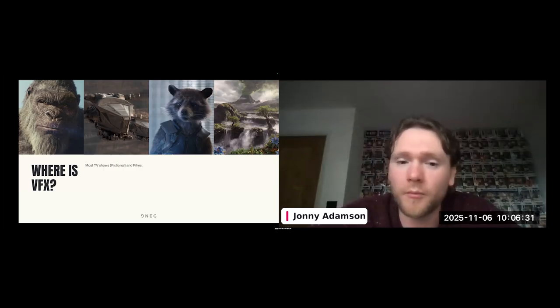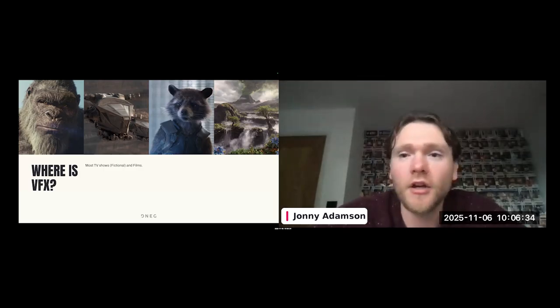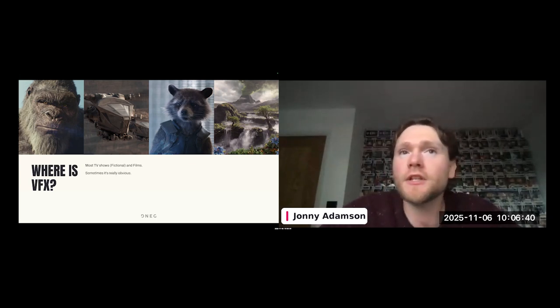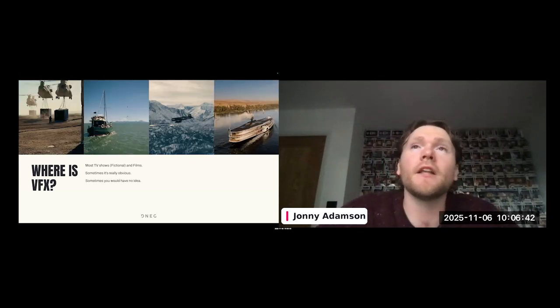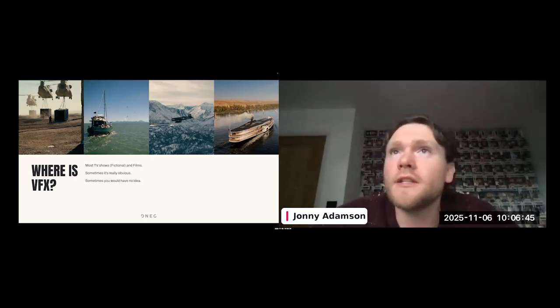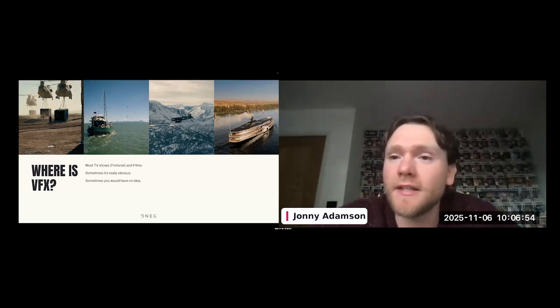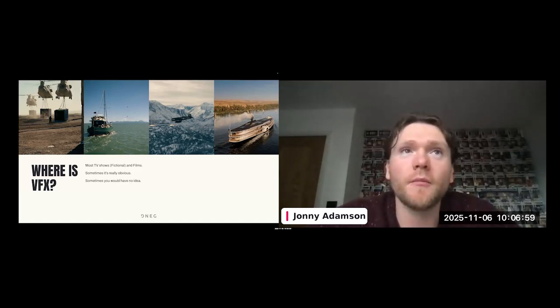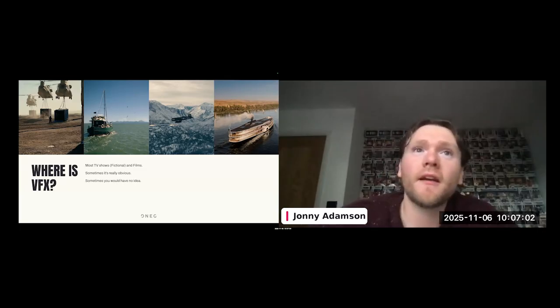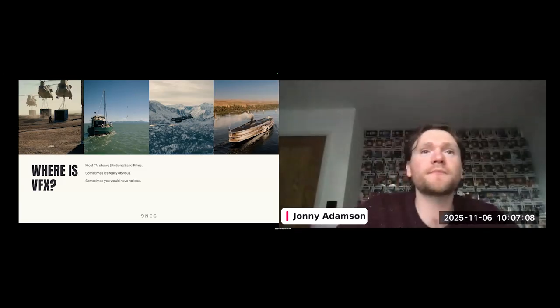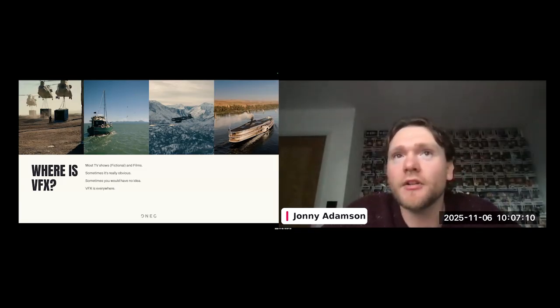It can be something so small, or it can be building giant creatures like King Kong and Godzilla that infiltrate the entire film. Sometimes this is really obvious, like I said, and sometimes you would have absolutely no idea. So all of these images above include a fair amount of visual effects. Looking at the screen, there's nothing in these images where you would necessarily think visual effects has been required to change anything, but we've had our hand in improving this image and making it in line with the director's vision. VFX is literally everywhere.